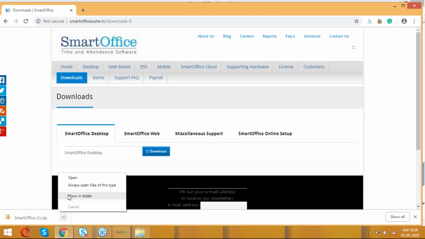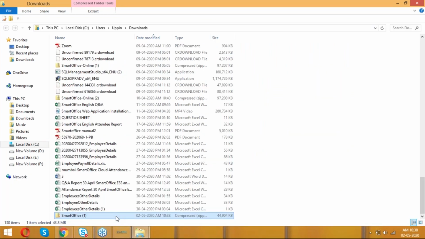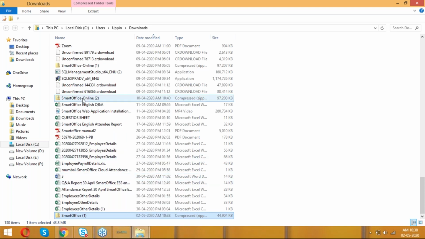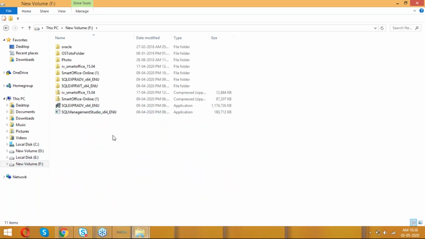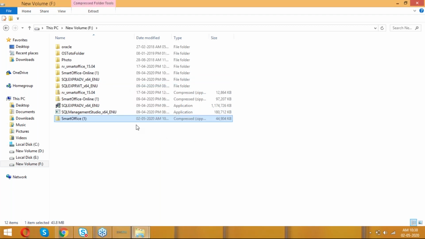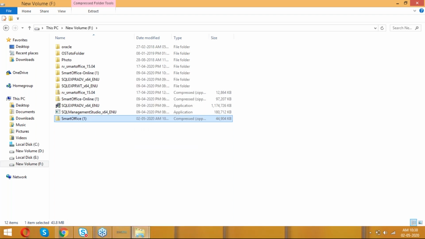So it is a downloaded file. I'll copy this from the downloads and keep it in one folder. I will paste it here in the other folder. This will be in zipped form, that is compressed, so I just have to click here and extract it because it is a zip file. I have kept the file in the other folder and extracted it.